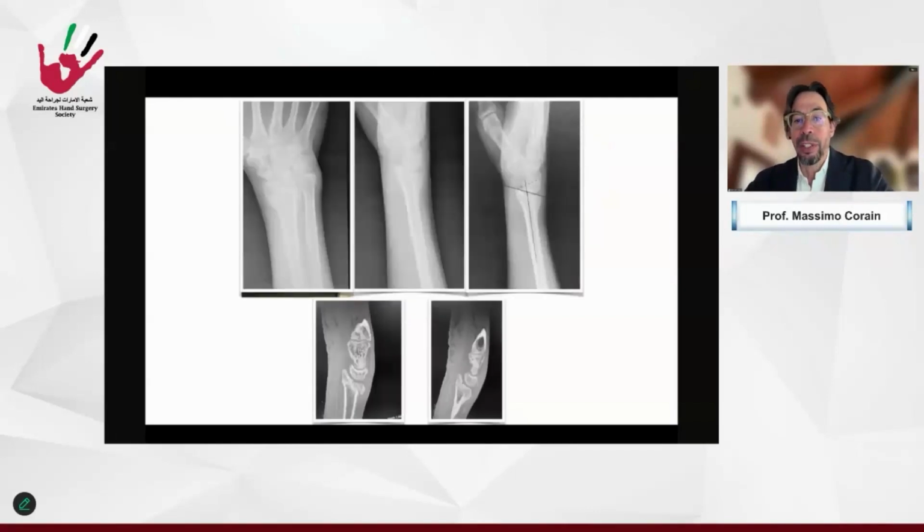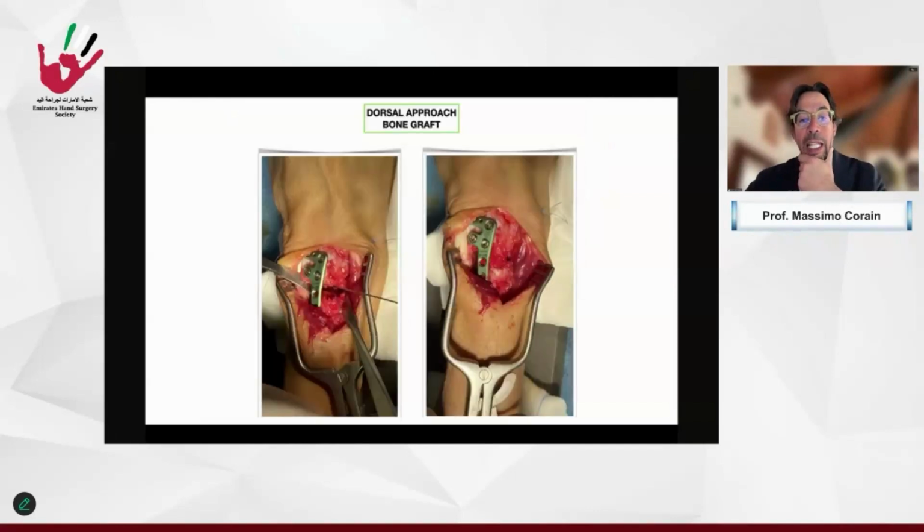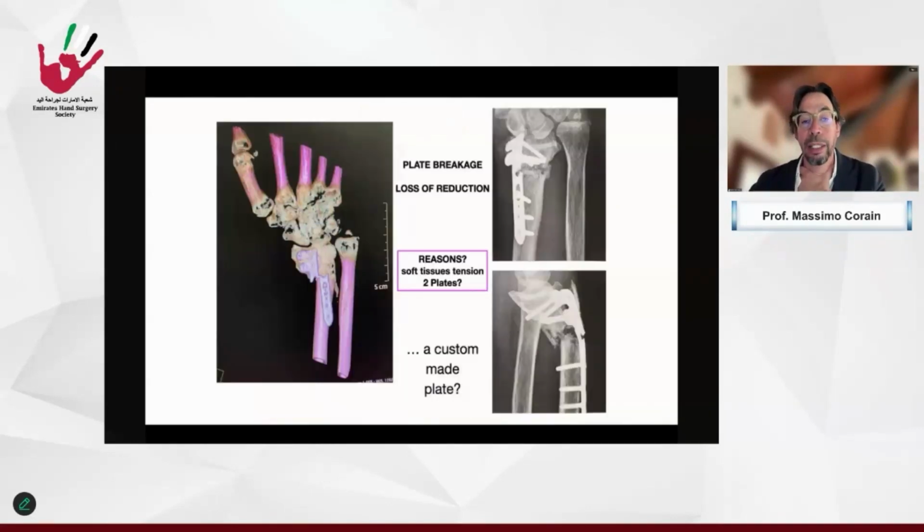This is a patient treated some time ago with a reverse tilt of the radius. So we can draw on the X-ray to try to understand the deformity. Looking at the X-ray and the CT, this was approached by a dorsal approach with bone graft and a standard long dorsal plate that in 3 weeks went to breakage with loss of reduction.